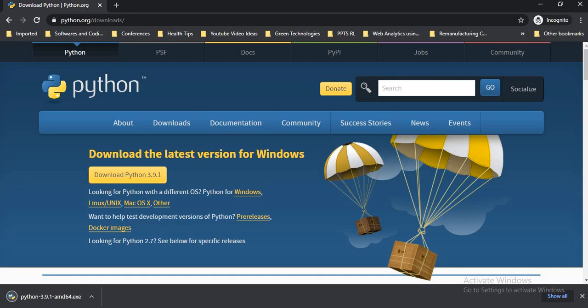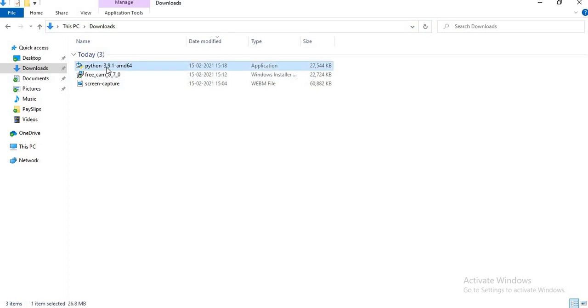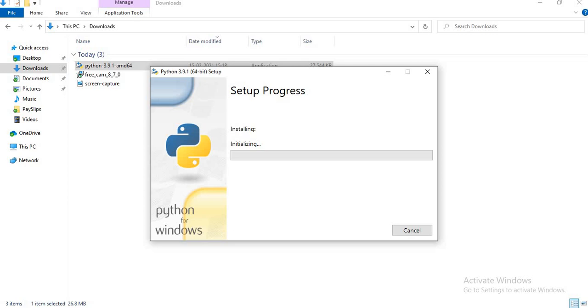So it is downloaded. I am visiting this downloaded Python 3.9.1. I'll right click, open. Now install, and always remember, please give a tick mark here, select this one, add Python to the PATH variable, otherwise you will be unable to open it through the command prompt. So I am adding this one, Python 3.9 path, install now. One pop-up will come, do you want to allow this app to make changes to your device? Yes.